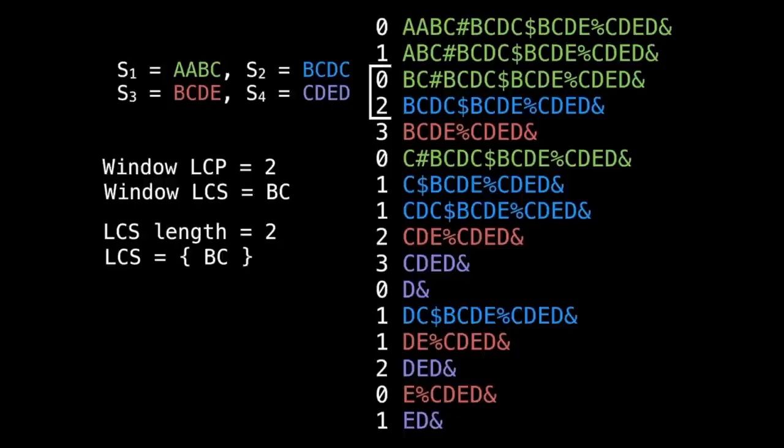The current window contains a longest common prefix length of 2, so we obtain the longest common substring, BC, and add it to our solution set. Now we keep shrinking the interval size because we meet the color requirement. Our window size is now too small because K is 2, so we need 2 different color